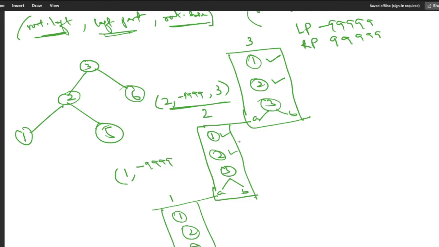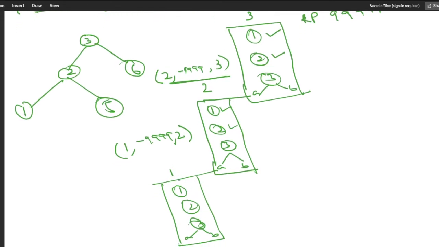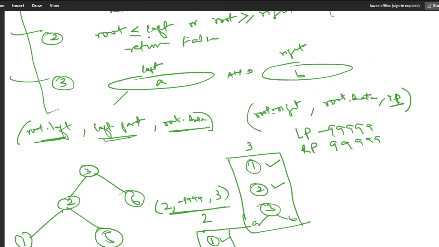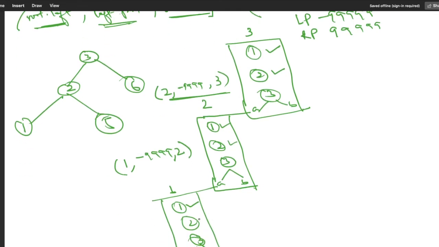Root dot data for this node is 2, so it will pass 2. Now we are checking whether the root is none. Here root has some value, so this is done. In the second line we are checking whether this 1 is less than or equal to the left part, no, or whether this 1 is greater than or equal to the right part, no. So this is also done.